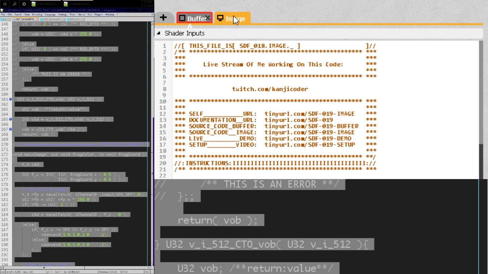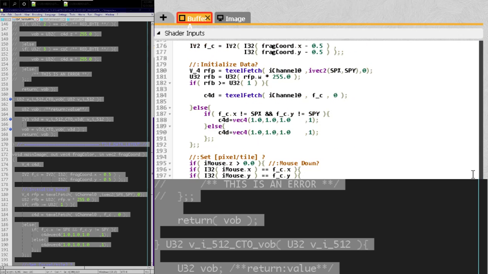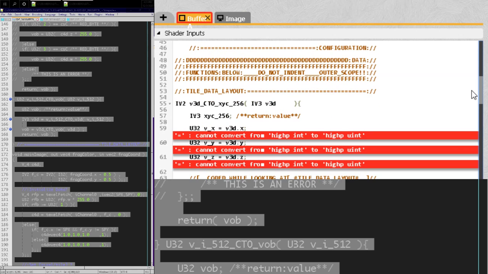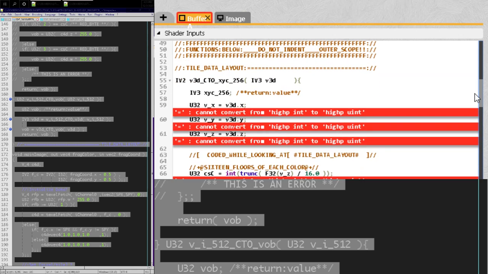And it's doing that again, so I guess we got to go back and forth between both tabs before we see the errors. I guess that's just the way it is for now. I don't know why it's doing that. So, cannot convert from highp int to highp uint, right? So if we look at,